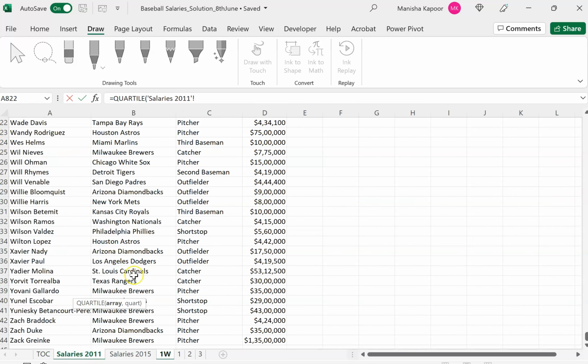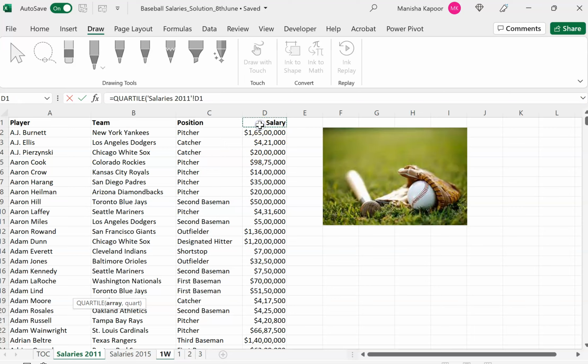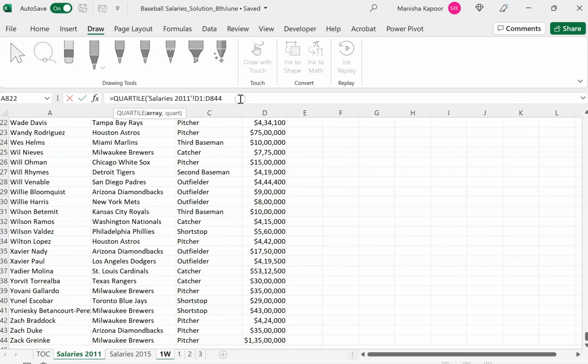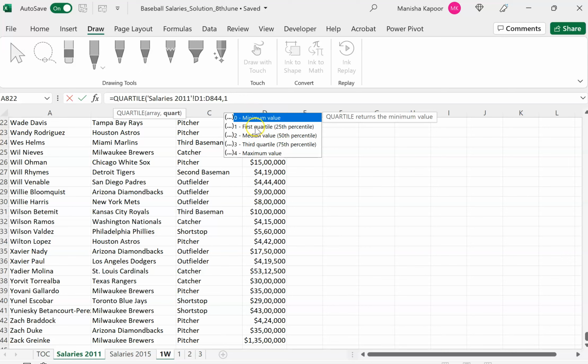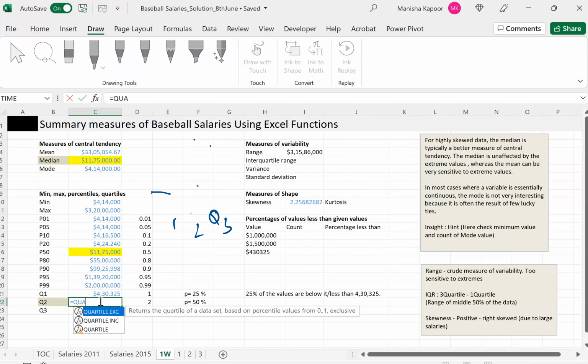We select the array. So array is the base, same thing, that is the salary. And for quartile, if I say, see here it is first quartile, that is 25th percentile. So till $4,30,325, that is the first fourth, like 25% of the data is below 4,30,325. Similarly, the next 50% of the data, say half of the data, basically this second quartile. So